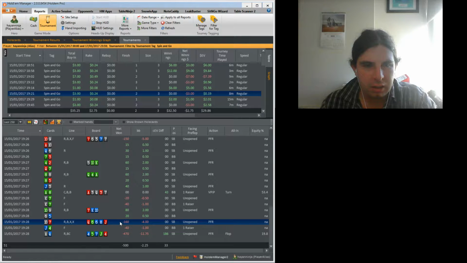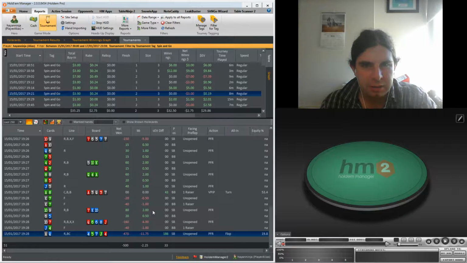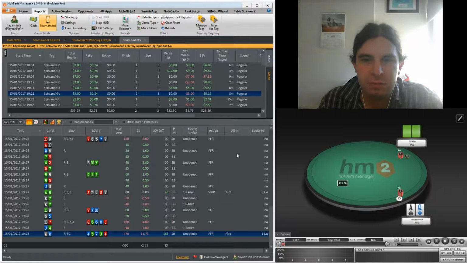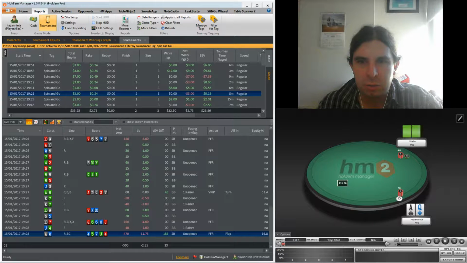What the hell? Okay, raise bet, check. Okay, that's fair enough. Now this one, okay. CEV is showing as positive, so maybe it was just one where I got unlucky. Let's have a look. So I've done my standard open raise, which of course I'm going to do with ace